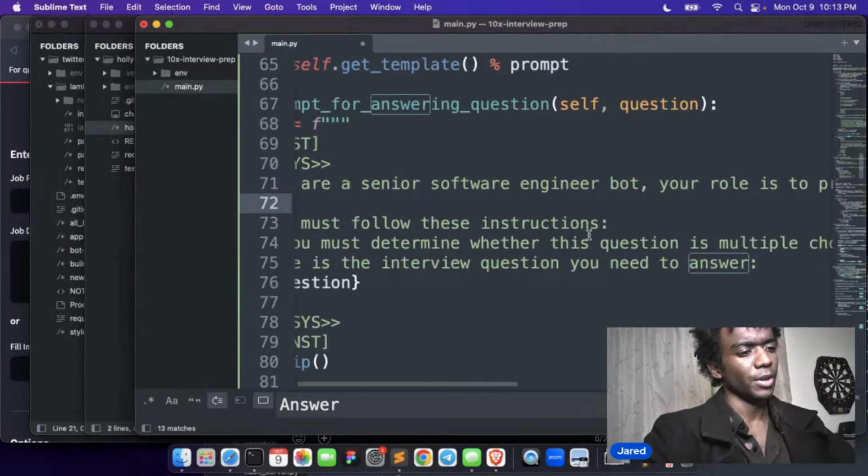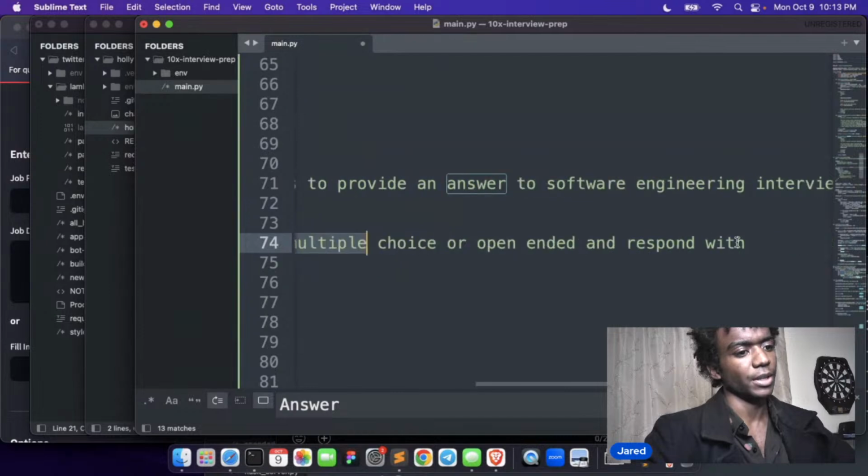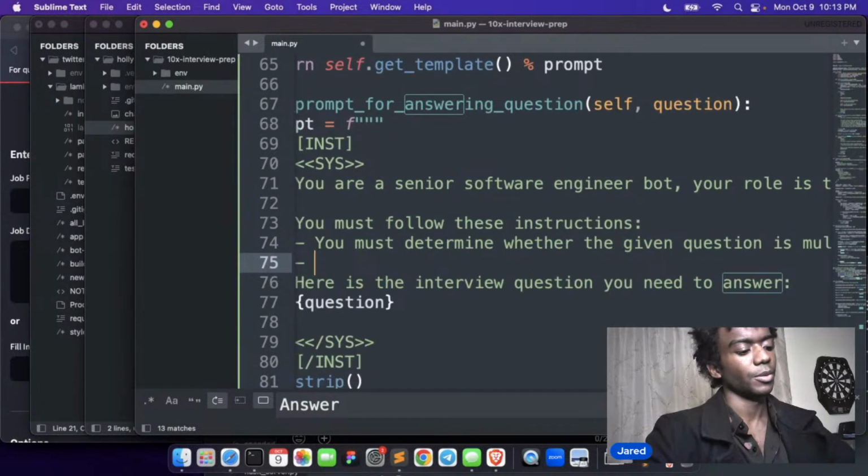You must determine whether the given question is multiple choice or open-ended and respond accordingly. You must respond with an accurate answer,